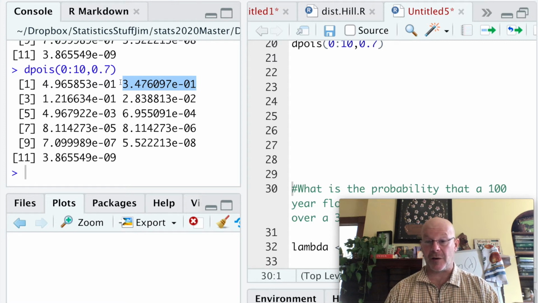But that's not going to always be the case. So what you will need to do, if you are asked how many do I expect to see based upon that parameter estimate of 0.7, you're going to have to explore the probability mass function and find out what value actually has the maximum value. And in this case, it's going to be 0. So that's the most common thing that you're going to see.